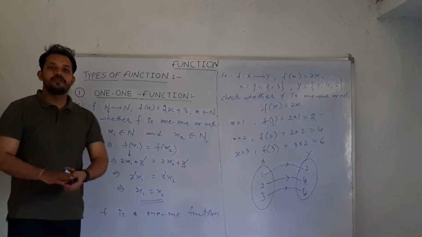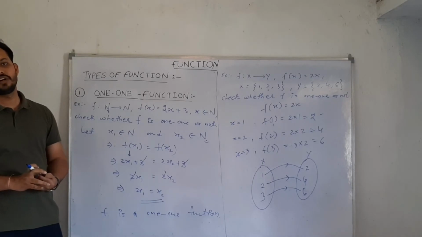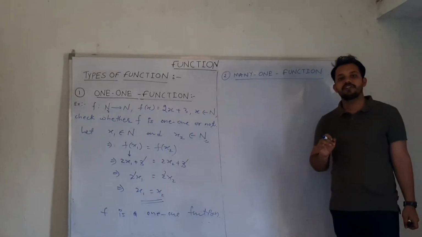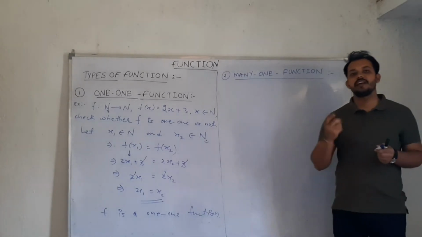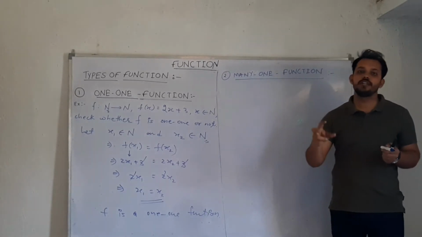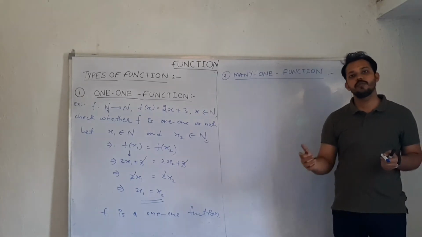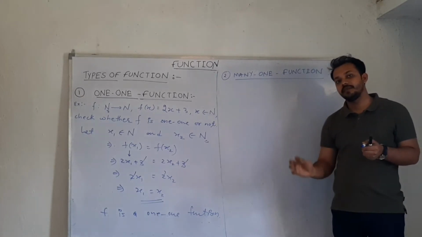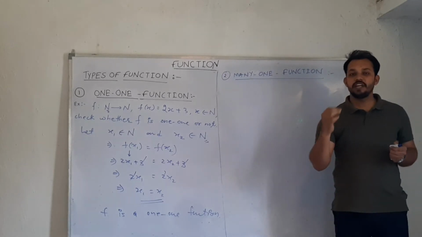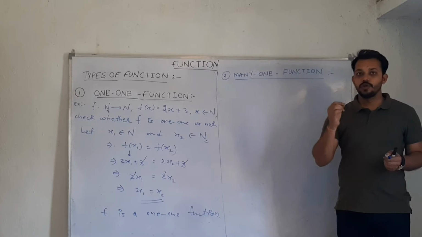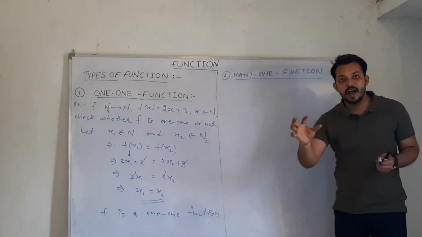This is the working rule for checking whether the given function is 1-1 or not. Now the second type of function we have is the many-one function. A many-one function is just the opposite of the 1-1 function. Like in a 1-1 function, every element of the domain has a different image. In opposite, a function is called many-one function if two or more than two elements of the domain have